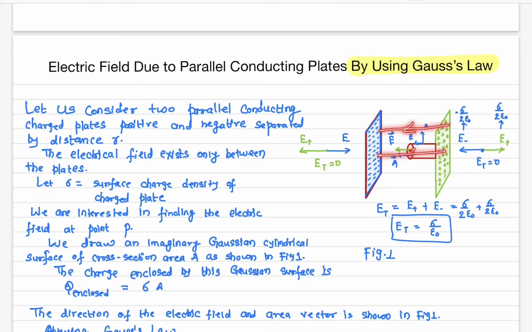And the other thing to remember is the electric field direction is always from positive to negative, from the positive plate to the negative. This is the direction of the electric field, from positive to negative. This is it. If you have